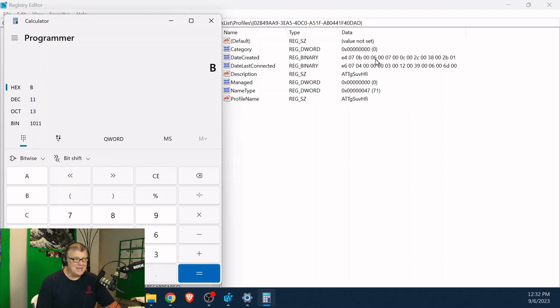This is the date, 06. It is hexadecimal, but this was created on November 6, 2020. They're storing the year as these 4 bytes, and they're storing the month, and then they're storing the day over here. So on November 6, 2020, it was the first time I was on this network.